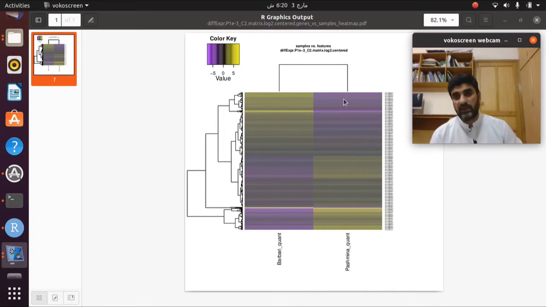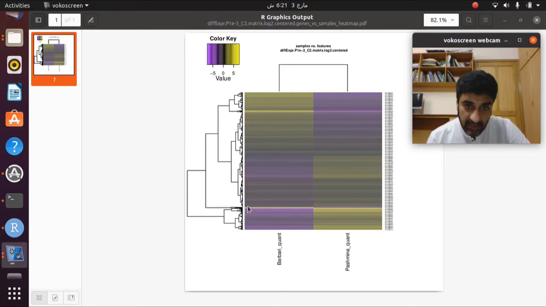Definitely we have only two samples, so both samples are clustered and shown here. But on the left-hand side, these are the genes or the transcripts, and these are definitely high in number. All the genes that are similar in their expression are clustered together similarly.